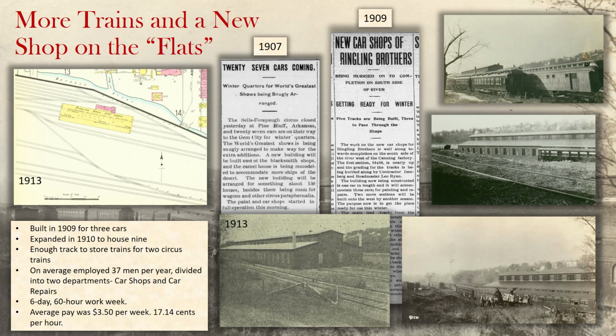We do know that there were two distinct departments, and we do have at the Parkinson Library some business records relative to the winter quarters operations, including employee records. We have employee records from 1911 to 1918, and they do mark the different departments of the winter quarters: the baggage horse department, the wardrobe department, and the office had its own department. So there are clear listings of the different departments of the winter quarters. And there is a clear separate listing for the car shops and a clear separate listing for the car repairs,